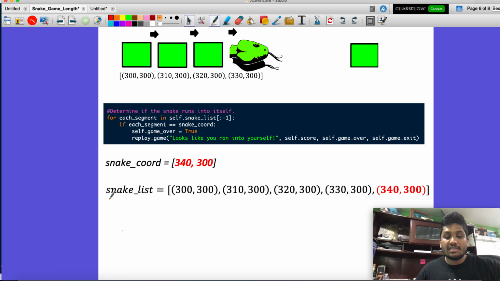And the end of the snake, which is because we were appending it, this 340, 300 went here. So now let's try to go through this, okay? This is saying now, for each element, each segment, and this is going to be our temporary variable that's going to go through each one. For each segment in self.snakeList, okay,